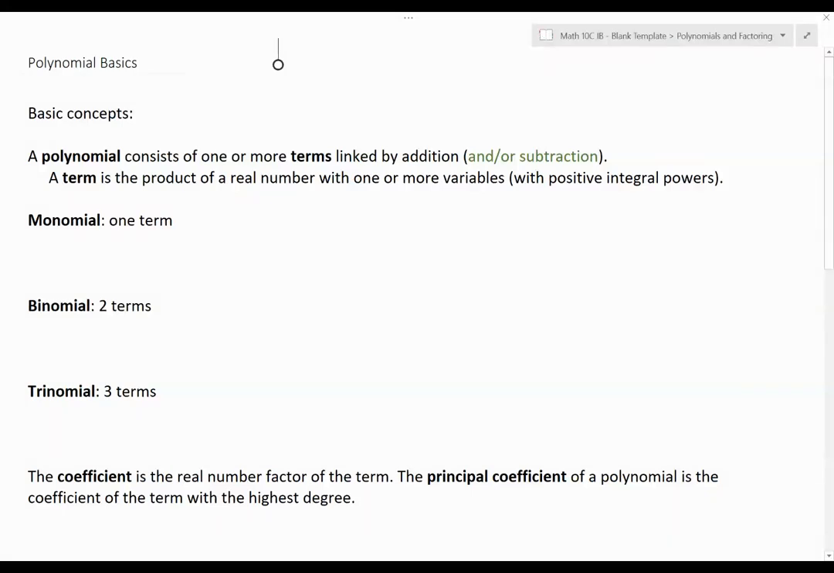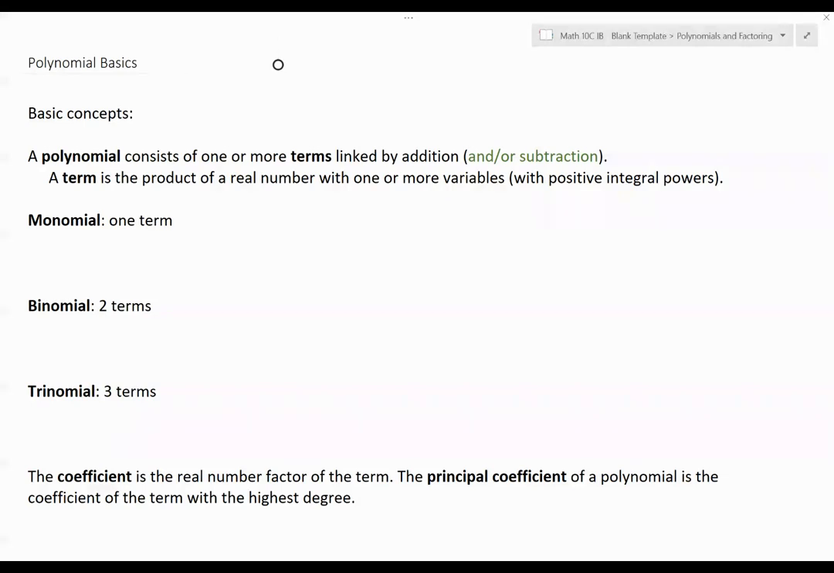So in this video, we're going to review some basic concepts of polynomials. A polynomial consists of one or more terms that are linked by addition. And remember, when I say addition, that does include subtraction, as subtraction is really just a special case of addition. Terms are created as a product of a real number